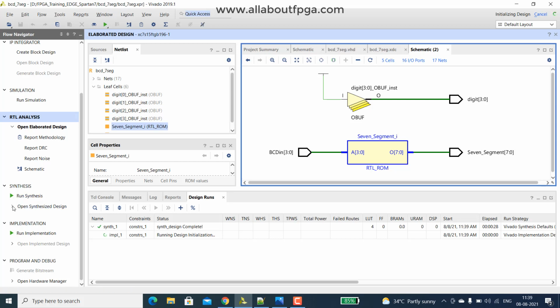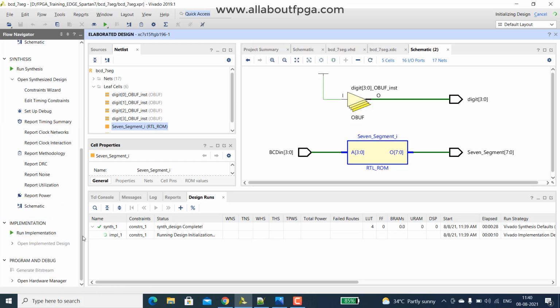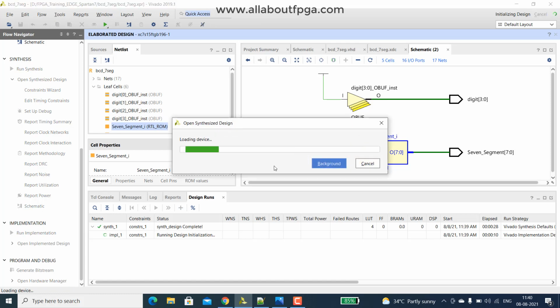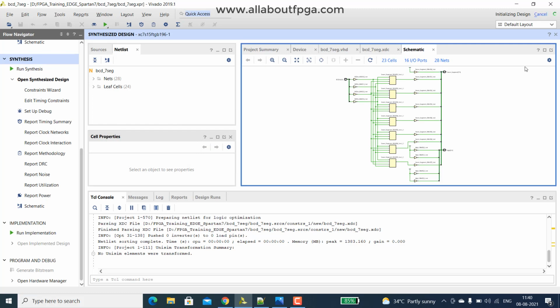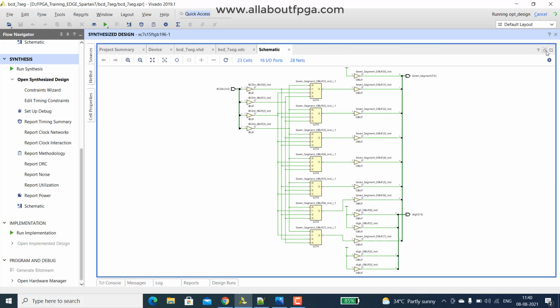You can also view the RTL schematic, which will give you how it was implemented on the FPGA. Here it is. So you can see it was implemented within a LUT4. Within that single LUT, this logic was implemented. Then you have the input buffer and output buffers. That's all. This is how it will be implemented within that Spartan 7 FPGA.